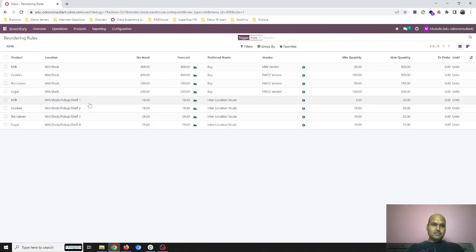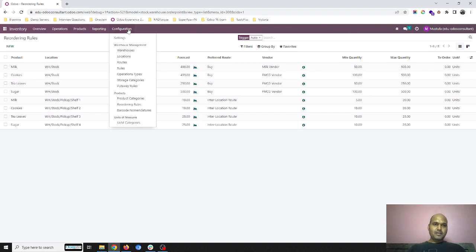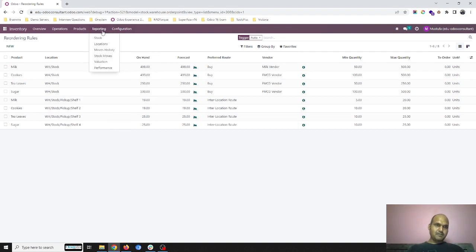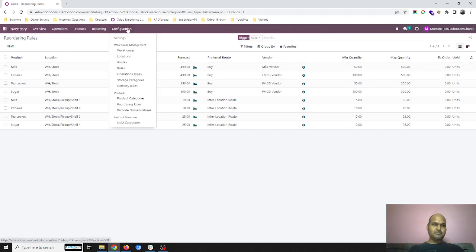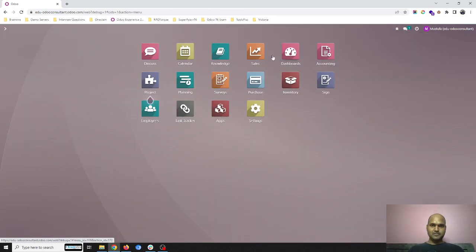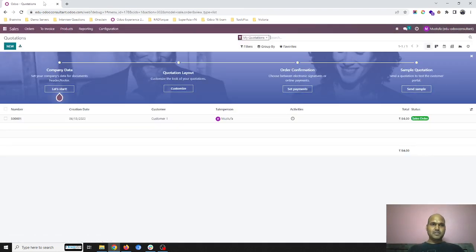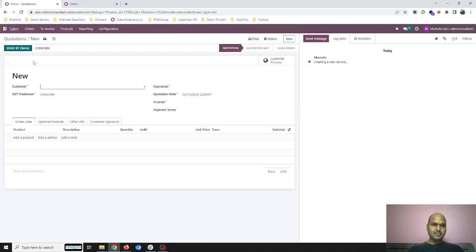Okay. So now I will run some of the use cases where I am planning to sell out tea leaves and sugar, and then we'll show you how exactly it will work for pickup also and for delivery also. So here I'm duplicating a new window for ease of understanding. I'm creating a new order